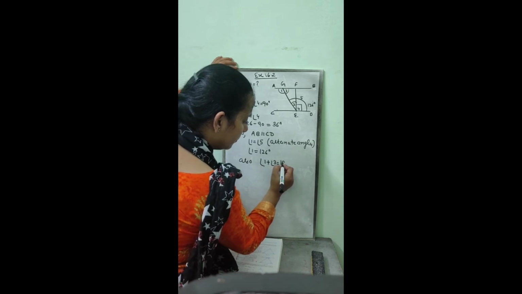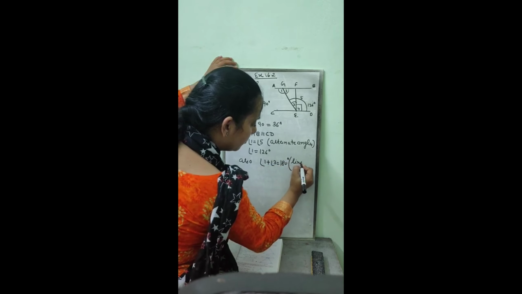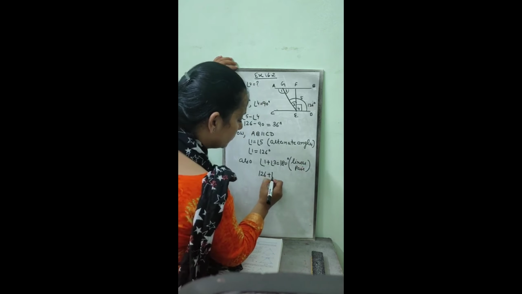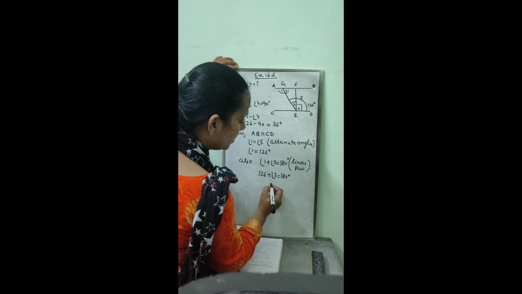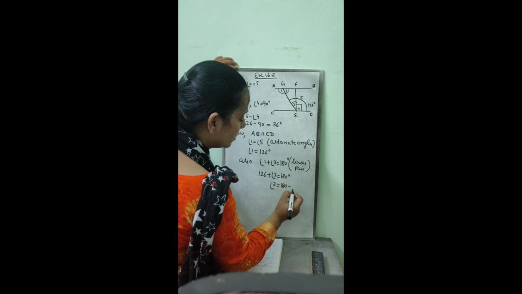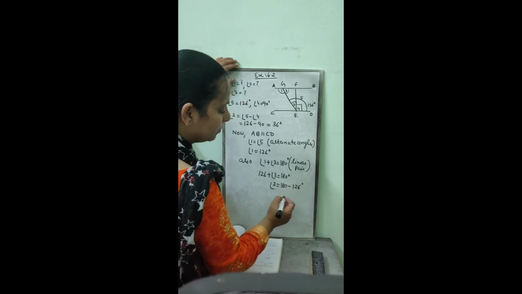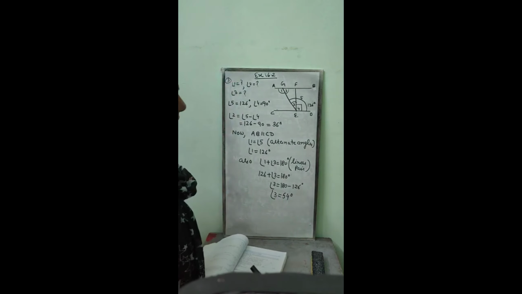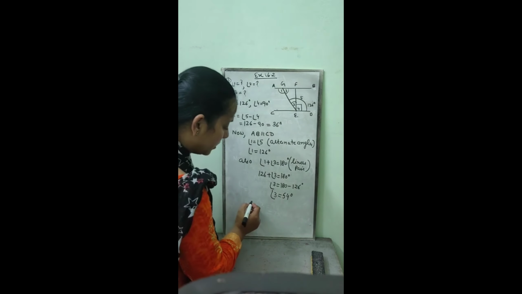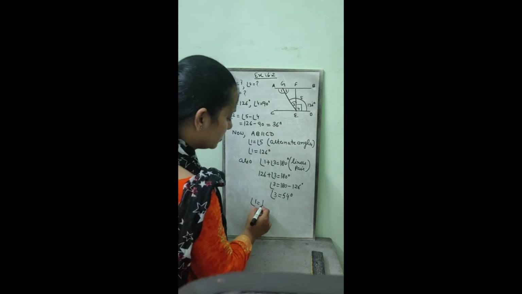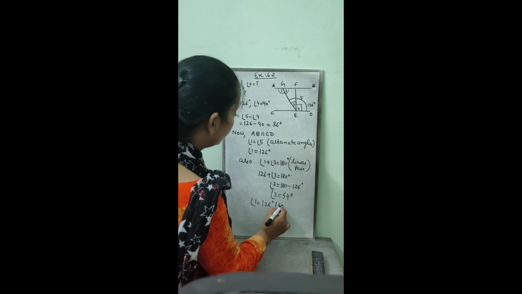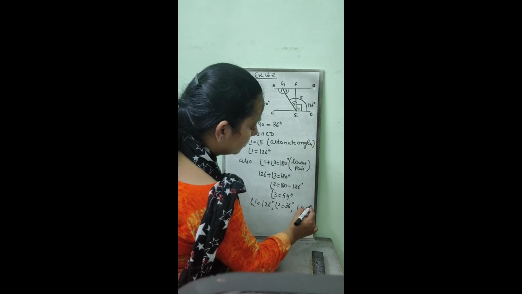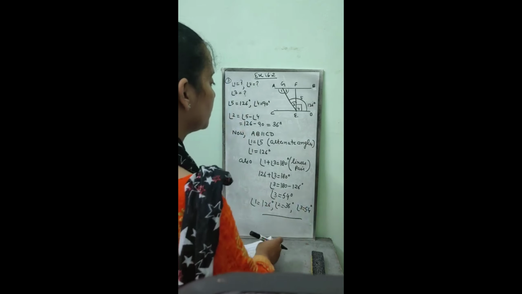Then angle 1 and 3 will be 180 because they are forming linear pair. If angle 1 is 126, we can easily find value of angle 3 by subtracting it from 180. Angle 3 will be 54. At the end, you will write the values of all the angles. Angle 1 is 126. Angle 2 is 36. Angle 3 is 54. Give a 1 minute review to this sum thoroughly.